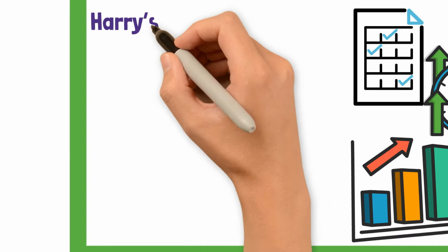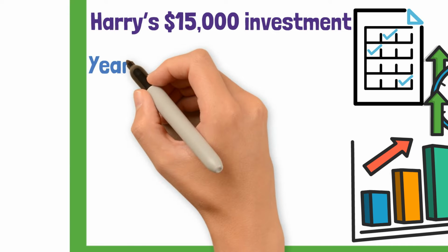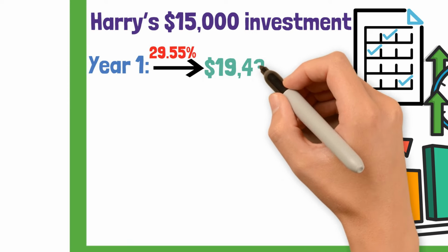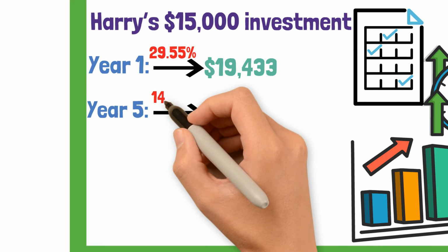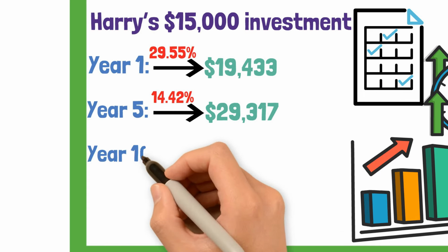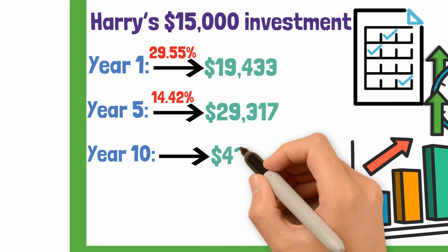Imagine the journey of Harry's $15,000 investment in FZROX. With a 1-year return of 29.55%, Harry's investment could grow to approximately $19,433. Using the 5-year annualized growth rate of 14.42%, Harry's investment could increase to about $29,317. And if we assume the 5-year rate continues, the investment could grow to about